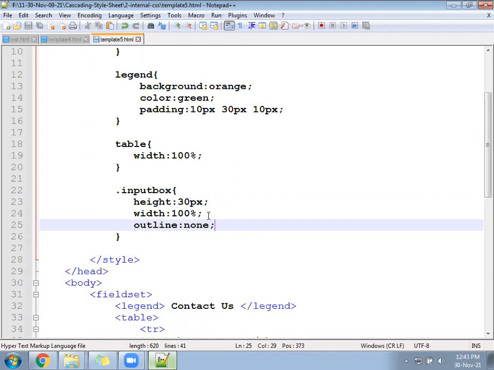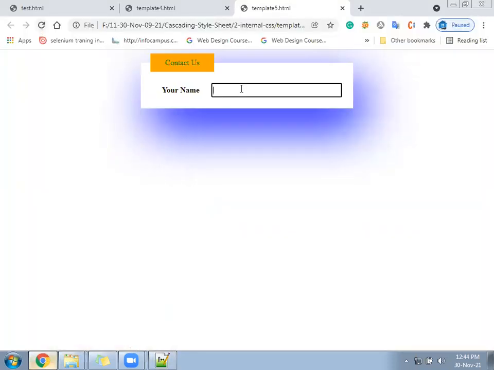So we say outline none. After clicking that, there should not be any effect. Now after clicking in it, are you getting anything?